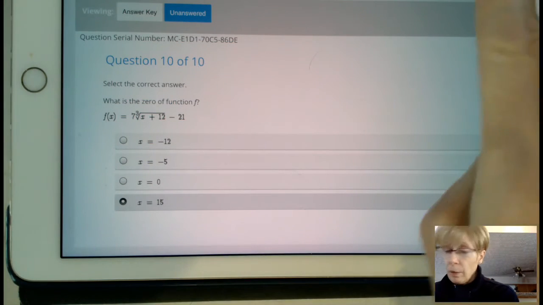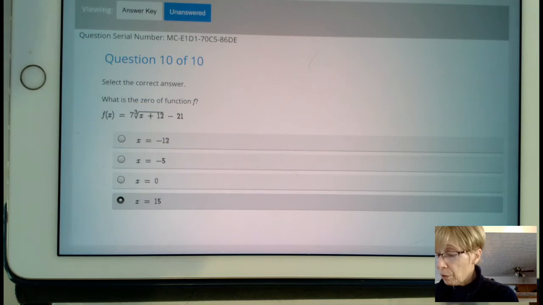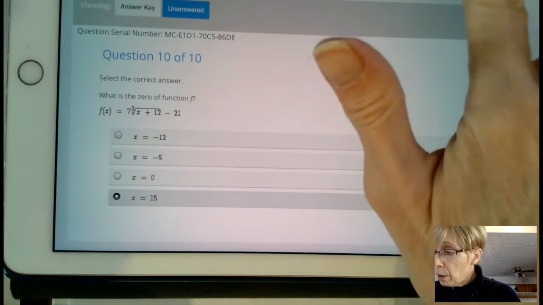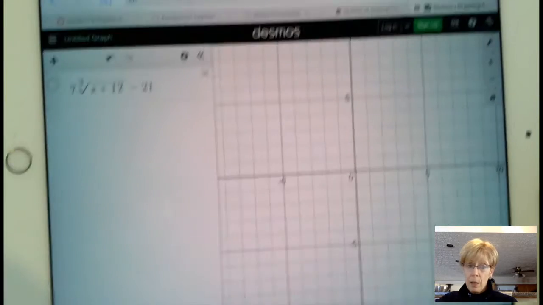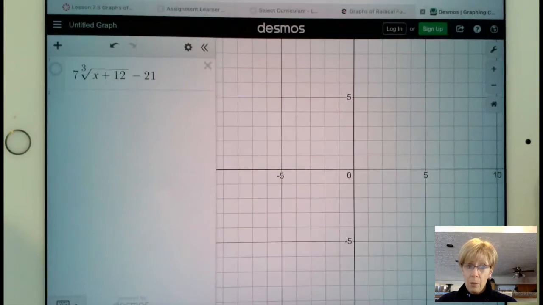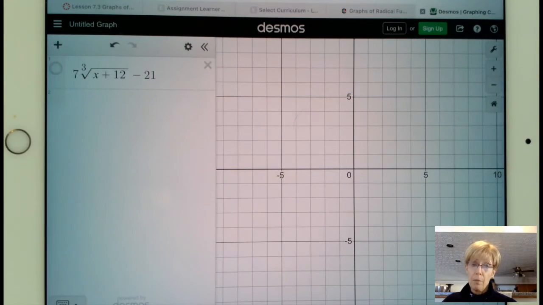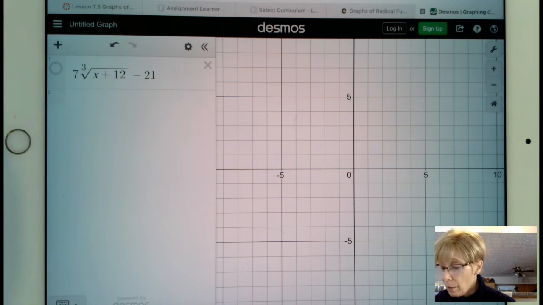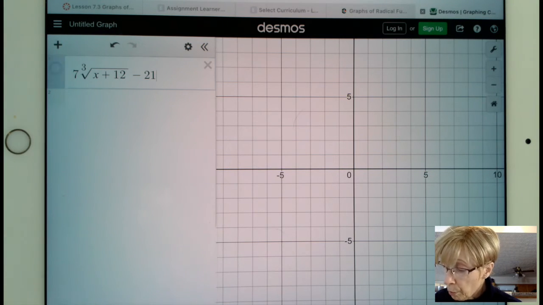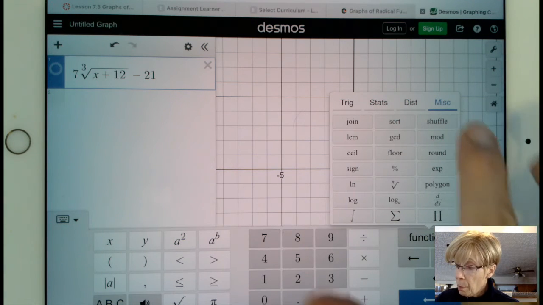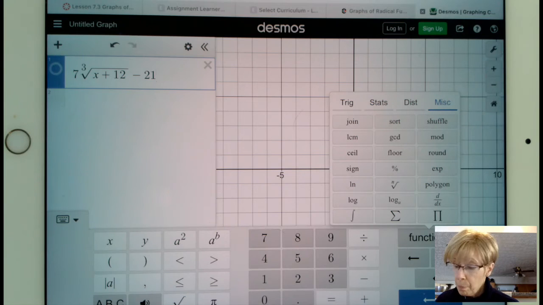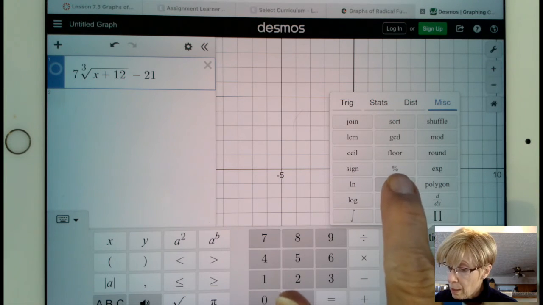Now, I do want to flip over and look at Desmos here just for a second, because some of you will do that. But I typed in 7 times the cube root of x plus 12 minus 21. I wanted to type it in ahead of time because it takes me a while. I do want to remind you that if you need to type in the cube root, you go to Functions, and then come over here to Miscellaneous, and then it's going to be this button right here,